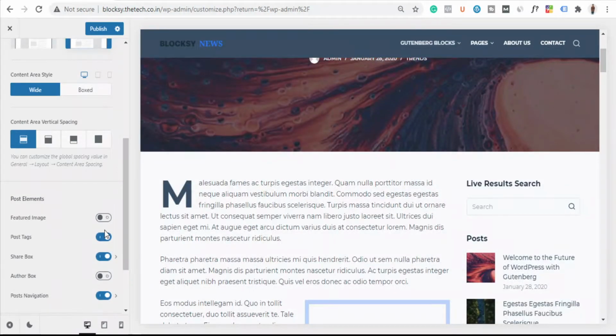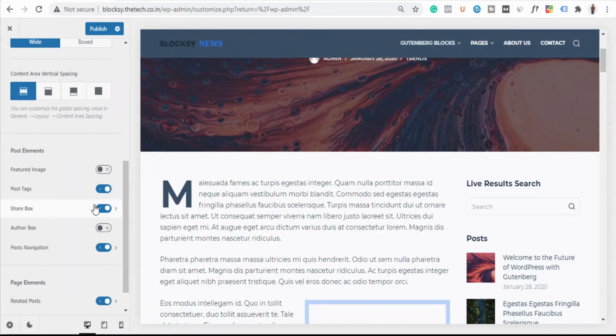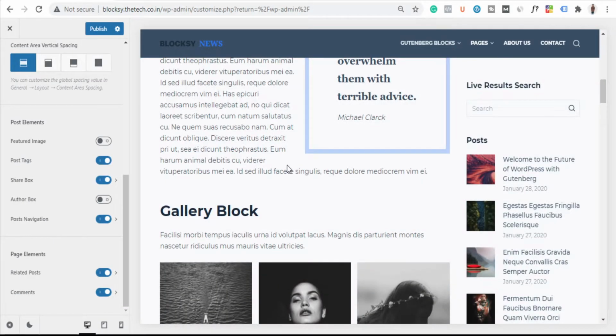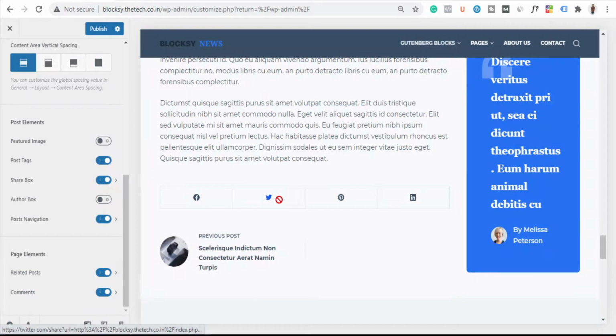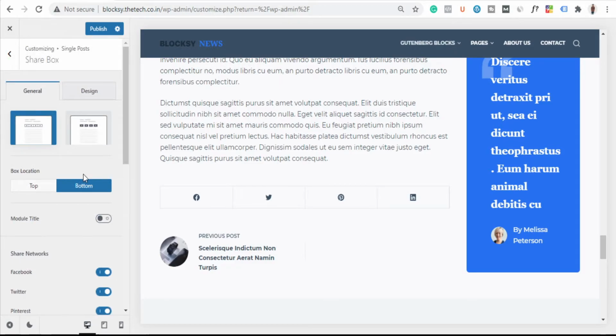Now if I go to the share box option, share box basically means, if I scroll down, you can see we have this option, right, the sharing. So this is the share box option. If I click on this arrow section here, now you can change this share box option.